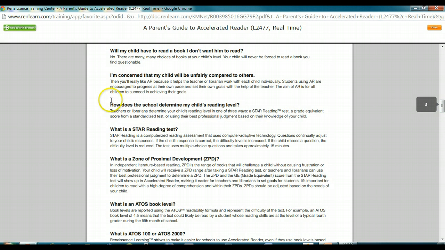Now, we have already started the process of Star Reading testing. This is what we call our benchmark, for the sake of language, for our school. On our school calendar, you will notice the benchmark test for math and for reading. Whenever we say benchmark test or Star Reading test, the name means the same. We start the Star Reading test at the beginning of the school year,